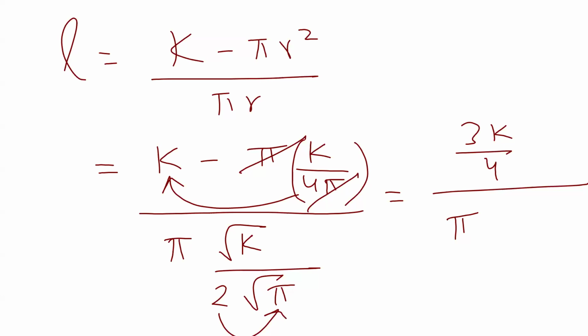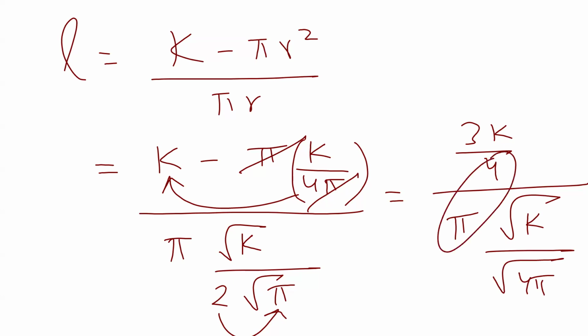Now this is a very crucial step. Root k upon root 4 pi. 2 within the root. Now these two terms will be together. Now please focus on these steps very clearly. This is the last part of the problem. So what I did is I took this 2 inside the root. It became 4 pi. These two terms will be together. So the next step I'm going to write as